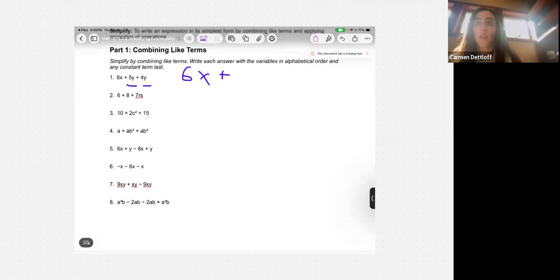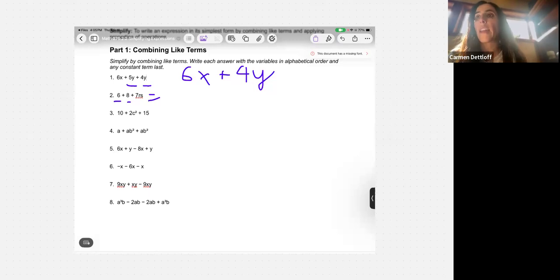If I look at number 2, I look for things that match. If there's anything where the variable or variables match and the exponents match. Here I have constants that match. Constant is a term we talked about last time. It's a number that stands alone. And I've got 8 and 6. So I'm going to add together 8 and 6. So I get 14 plus